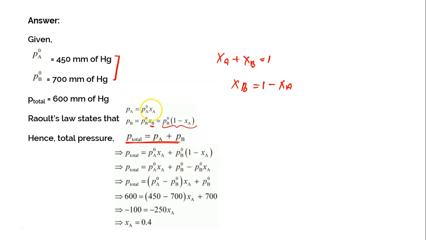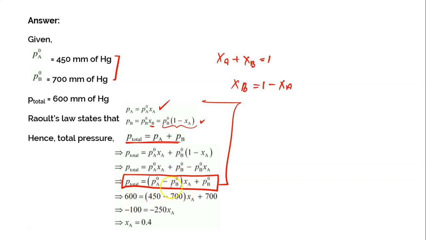So now since I know what PA and PB are, I'm substituting both the values and simplifying further so that I can derive a simple expression for P total. You don't need to derive all of this over here while you solve the numerical. This is nothing but Raoult's law, and I have included this expression so that you understand this concept clearly. So now, since you have the expression of P total, PA, PB and XA, substitute the known values over here. P total is given as 600.